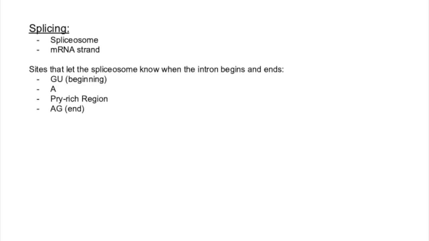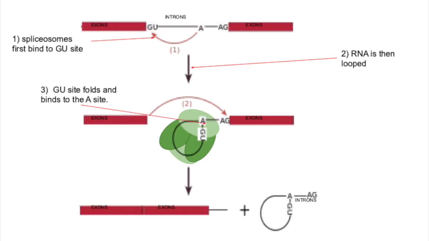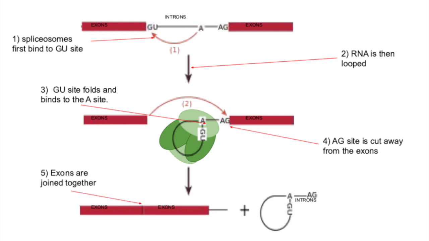There are several signals within introns that are essential in the splicing process: GU, A, and AG. The GU and AG site lets the spliceosome know where the beginning and end of introns are. The first step involves 2 spliceosome complexes that bind to the GU site. This causes the RNA to loop, and now the GU and A sites are in line, and so they bind. The spliceosome undergoes a conformational change that separates the AG site from the exons. Lastly, the exons on either side of the introns are joined together, and the separated introns are then disintegrated in